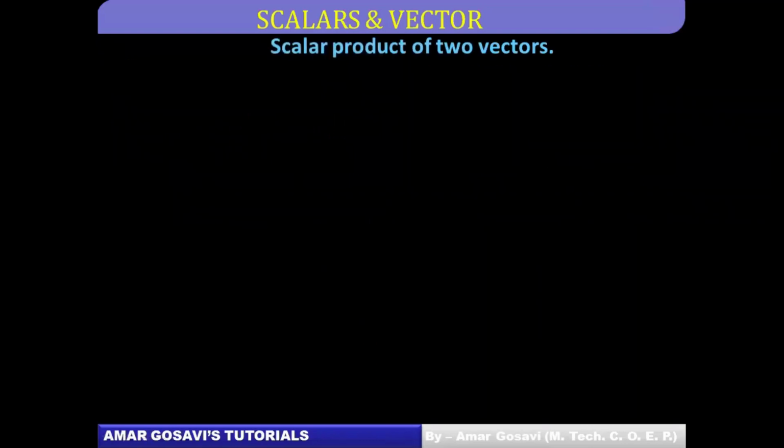So let's actually take a scalar product of two vectors now. Okay, so the time has come to actually take a scalar product. So for that we would be needing two vectors, say a bar and b bar. Okay. So a bar in 3 dimensions, just now I have told you how to represent it: Ax i cap plus Ay j cap plus Az k cap, where i, j and k cap are the unit vectors along x, y and z axis. That is how a vector is represented in 3 dimensions.